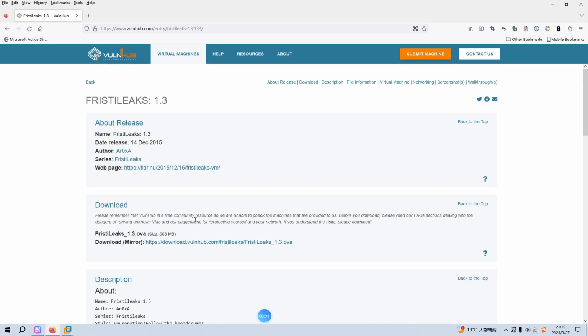Okay, dear friends, I'm back with another machine on Vulnhub. The machine would be Fristileaks, and I will add the link into the description section below so that you can